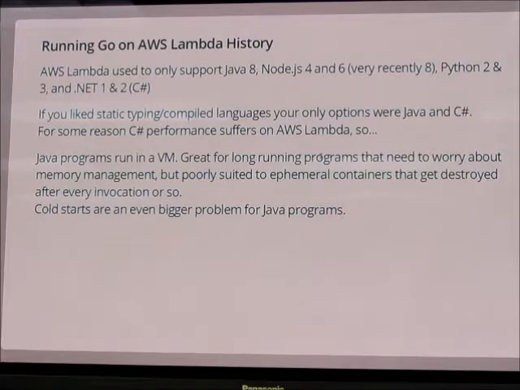What would be the reason that C# is slower? I looked at it, there's an issue that I link in my references at the end, and you could go through all of it, but yeah, I don't honestly know why. I assume that Microsoft just has better tricks if you're running it on Azure Functions, and it's not like it's bad or anything. If it's not super performance intensive, there's nothing stopping you from running it on AWS Lambda, but